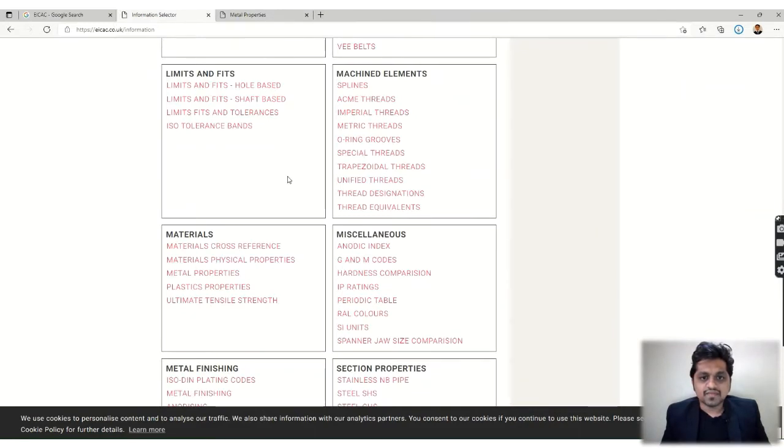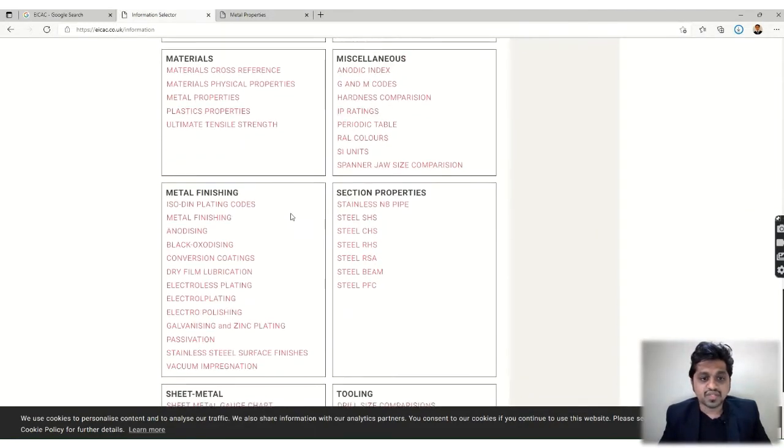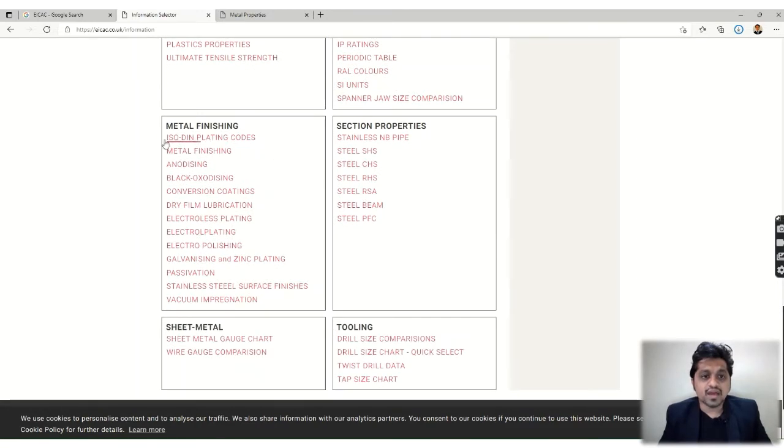Then we have different types of information here. If we don't know about the metal finishing processes, which are very important, we should know which process is required to be applied to which part.